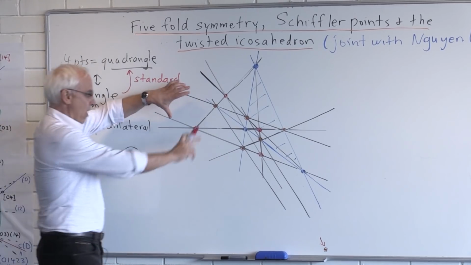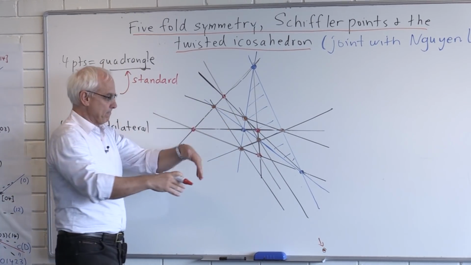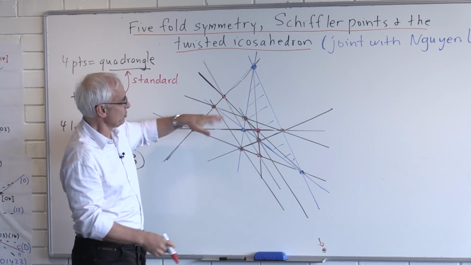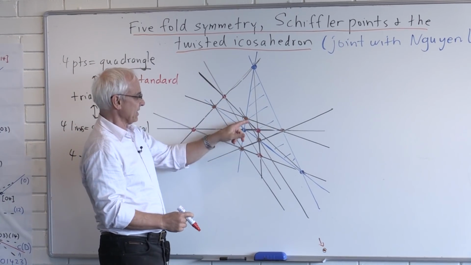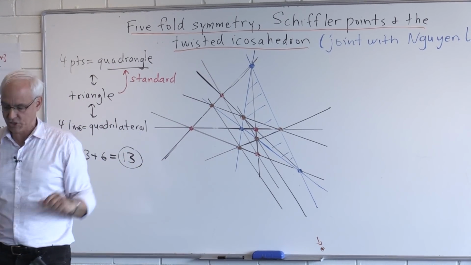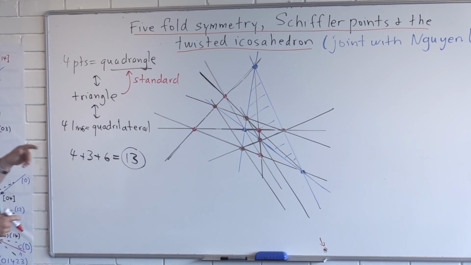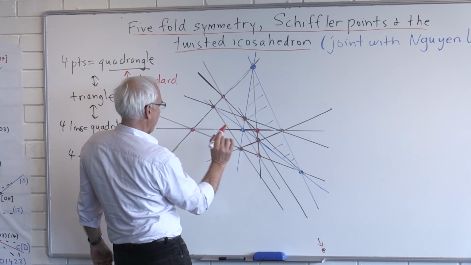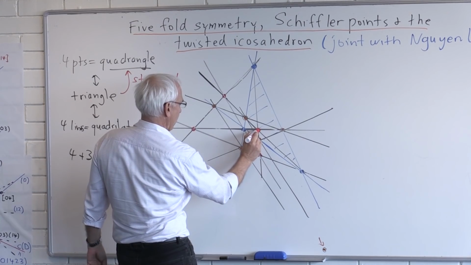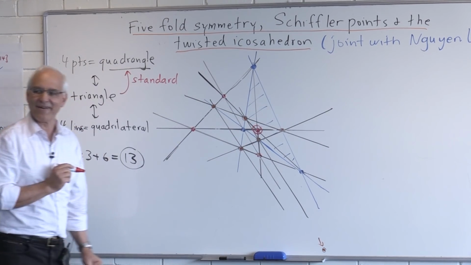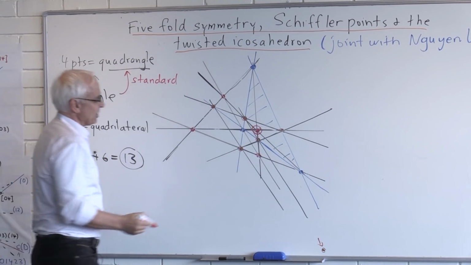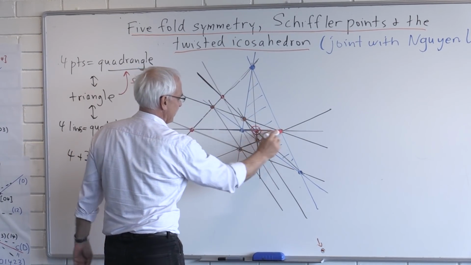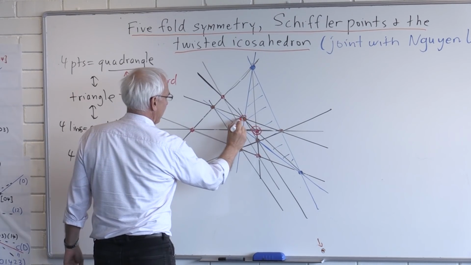Okay, so if we have a quadrangle whose lines all pass, or whose diagonal triangle is a given triangle, we'll say that this is a standard quadrangle for the original triangle. And this diagram actually shows you how to construct such. So if you started with the triangle, and let's say you started with one of the points, one of the red ones, then you could sort of go backwards and construct this line here, and this line, and this line here, and then you could find these points here.